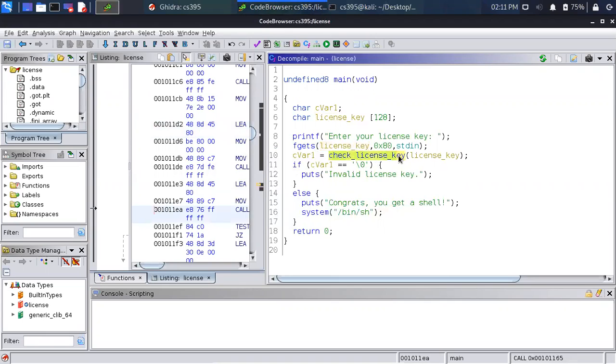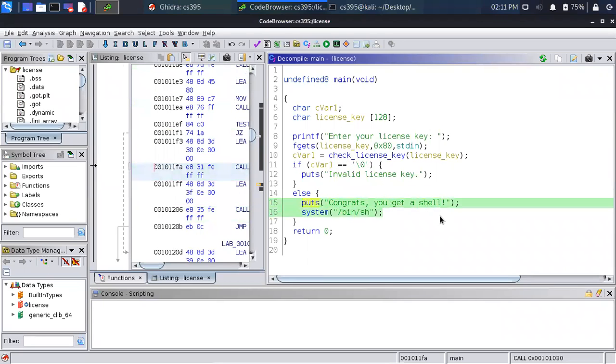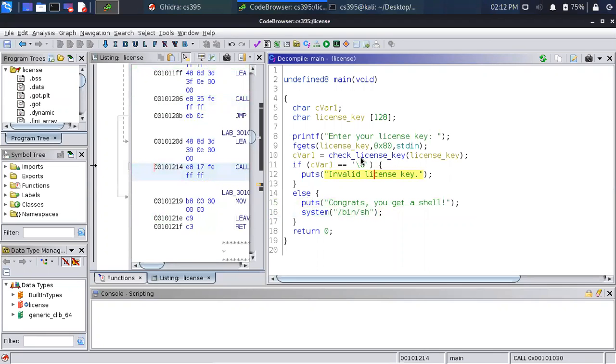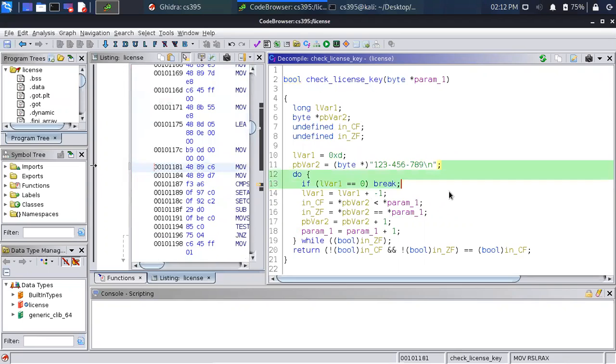Next, we have this check license key function right here. If this function returns 0, then it's going to print out invalid license key. Else, if it's not 0, then it's going to give us a shell and allow us to execute code. So if we look inside of this license key function right here,